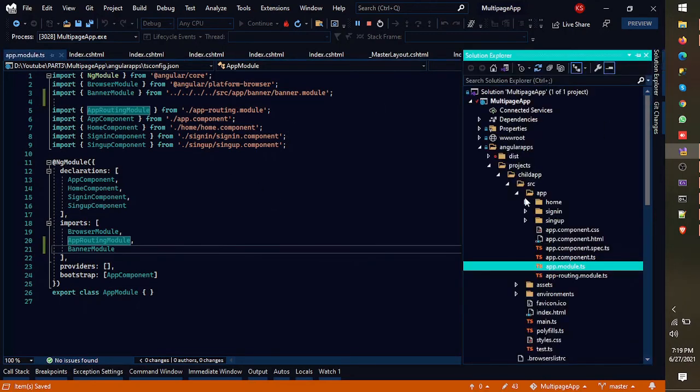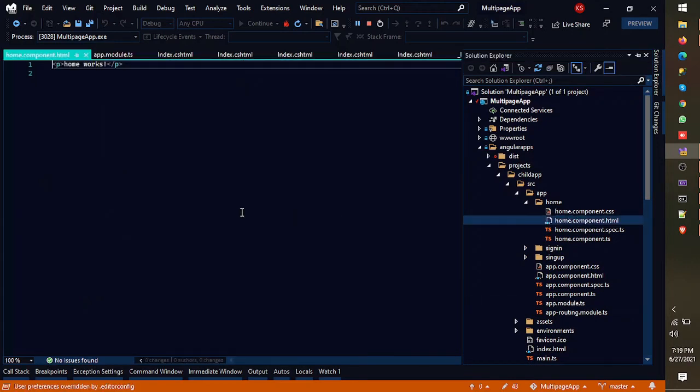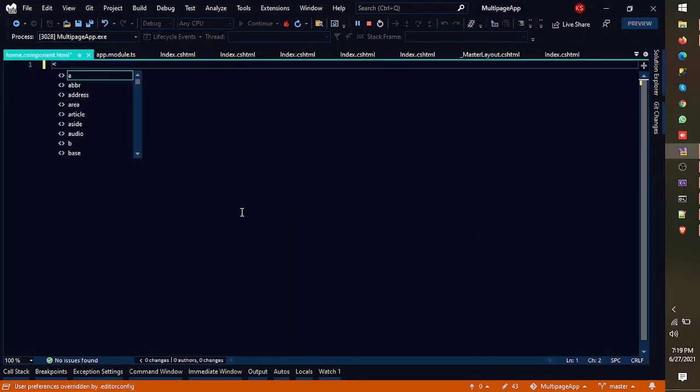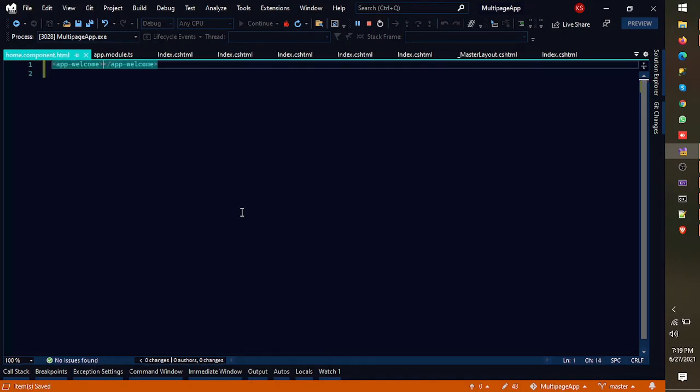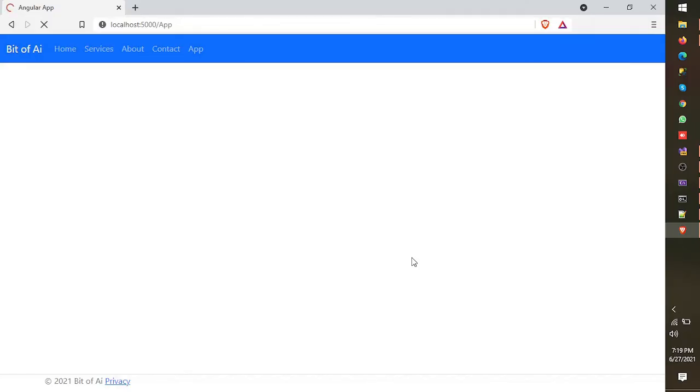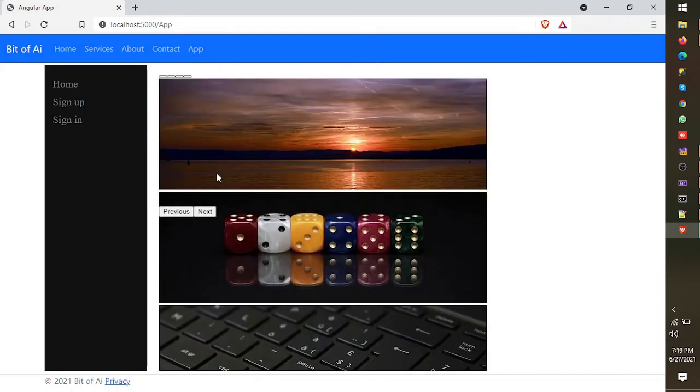Next, let's go into the home.html. We need to remove that, and here we would need to add app-welcome, the same component that we imported in our MVC views. We will import this root level component into our child application and show in the home page. Let's refresh it and see if it's being shown here. Okay, it's shown, but it's